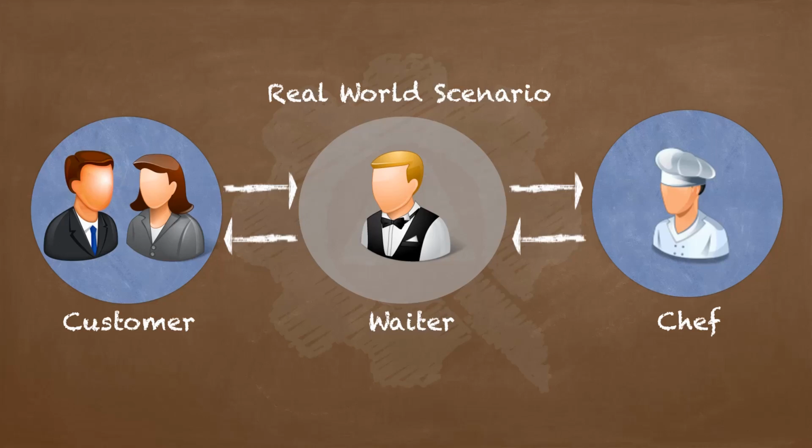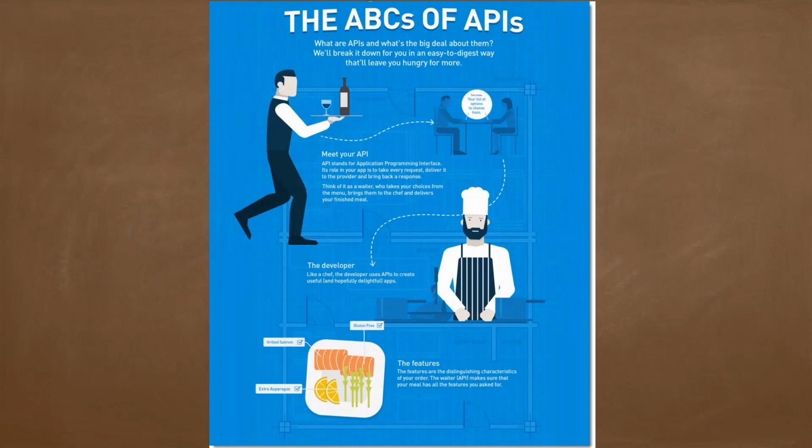In a way, you didn't care about how the waiter conveys the order to the chef or how the chef makes the dish and so on. You are only concerned that you get the dish that you want to eat on your table. So we can say that waiter took care of hiding all the complexities from you. You had to just sit on your table and convey what you need and you'll get what you needed. In this example, we can say that the waiter acted like an API which helped you communicate to the chef and get you the dish that you needed.